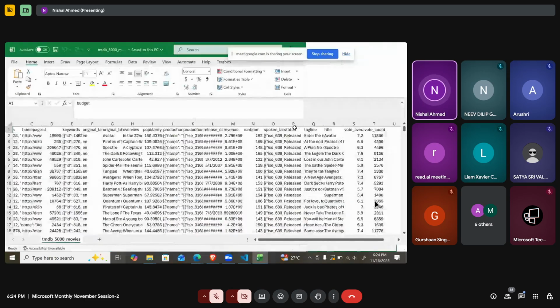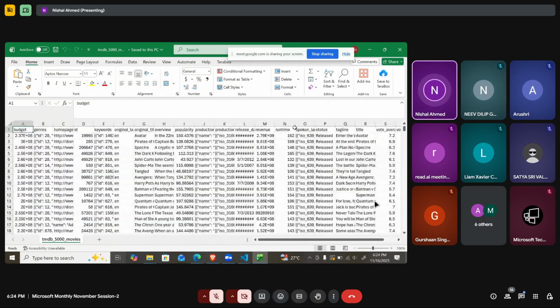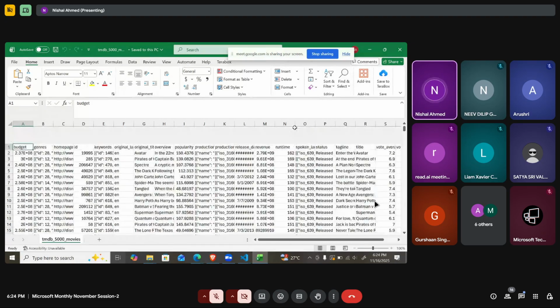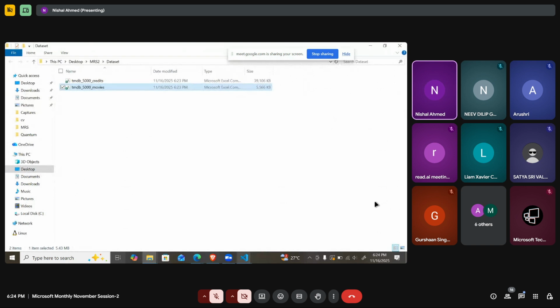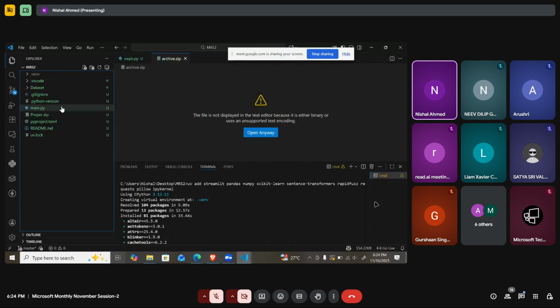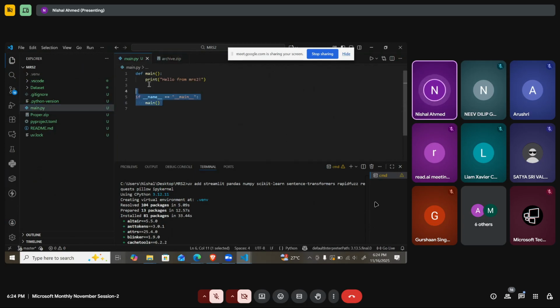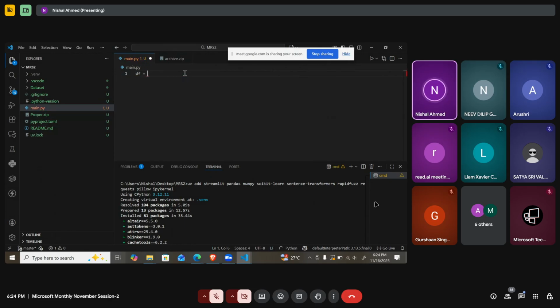It has movie titles, genre type, and all that. If you want, you can do data analysis on it with Excel, but we are computer science students, so we'll use Python. Yeah. So if you want to do data analysis, you can create a file called test.py or whatever, or you can just directly code in here, come in here and start typing